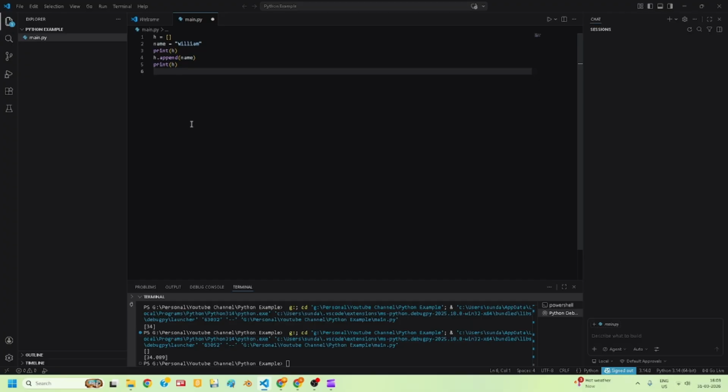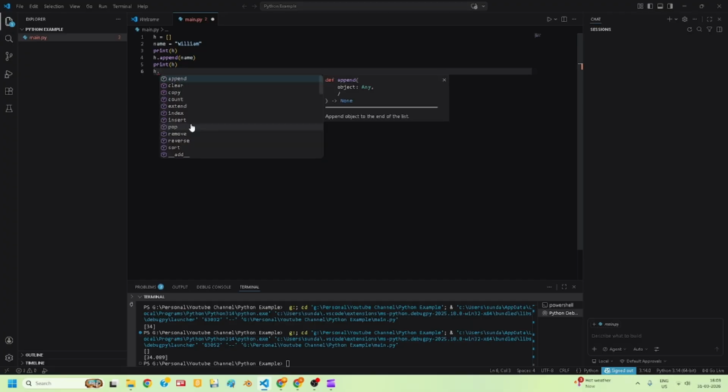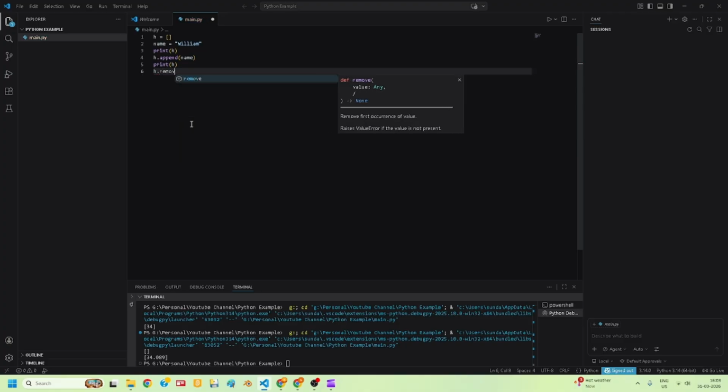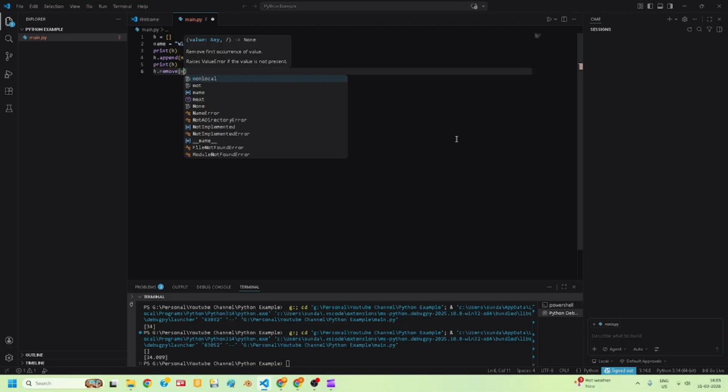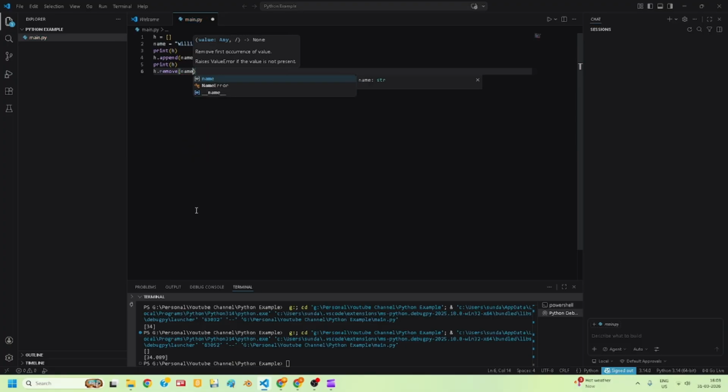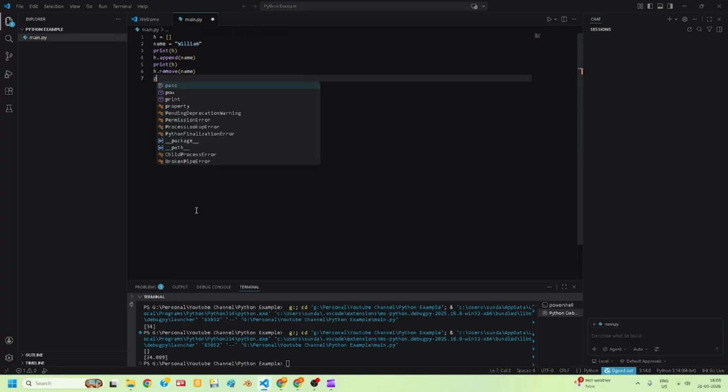So let's see how to remove now. h dot, it's basically the same. Remove. That's all. Remove name. So now we'll print